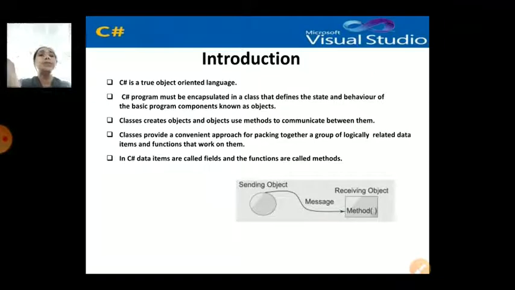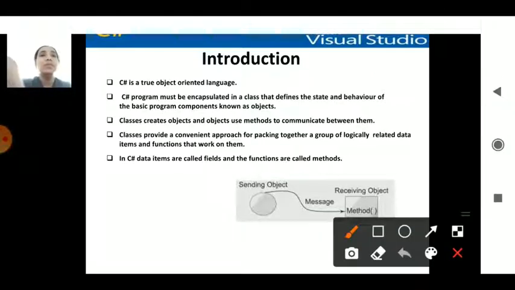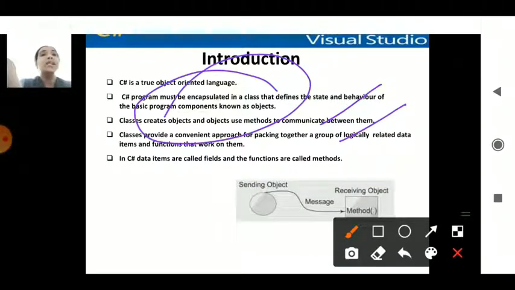C# is said to be an object oriented language mainly because it encapsulates all the concepts within the programming concept. Mainly you will be creating objects, defining the behaviors of the objects, how they move from one end to another, how they communicate, and even how they are related. One function is related to another function, and how overall encapsulation happens within the programmatic concept, that you will be learning.